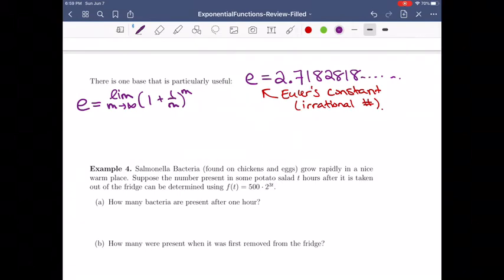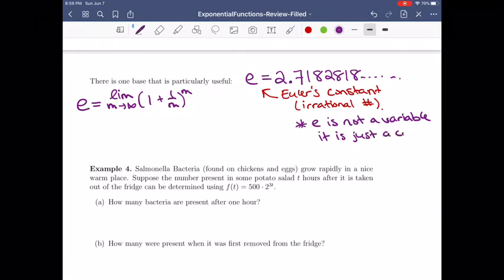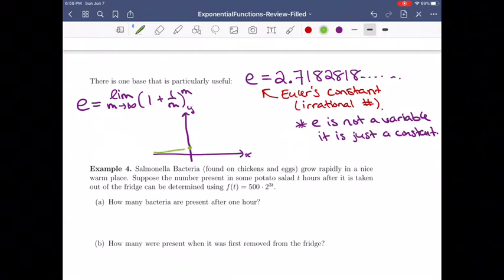So you just want to remember, e is not a variable, even though it's a letter. It's just a constant. So it's special, but it behaves in the same way. So let me just give you an example here. If this function is 2 to the x,